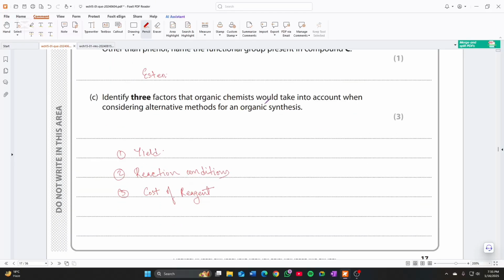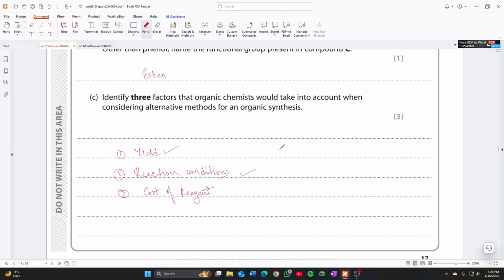So for a new organic synthesis, they would have to keep in mind the yield, like what is the percentage amount of product that is formed from a specific reagent. They have to keep in mind the reaction conditions. How much temperature do we need, right? What catalysts do we need? So they have to keep in mind the reaction conditions, and also